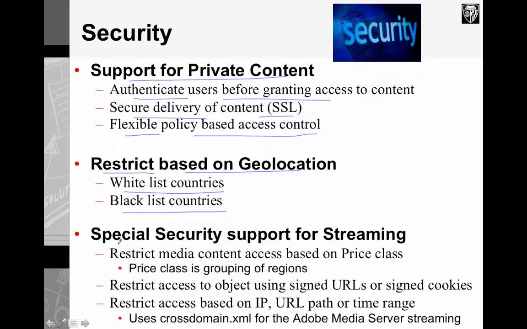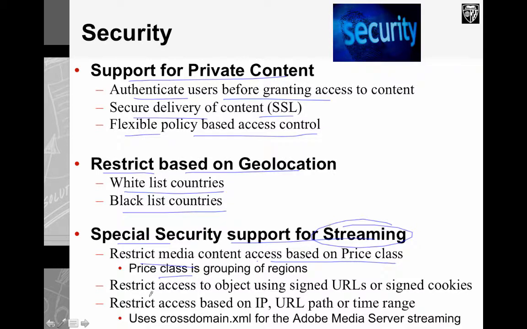There's also special security support for streaming. You can restrict the media content access based upon what is called price class. You can say only if they're coming from North America or South America can you have access to this particular content. This is what we call price class. They have that for streaming. They don't have very fine-grained control in terms of restricting through geolocation for streaming, but they have something called price